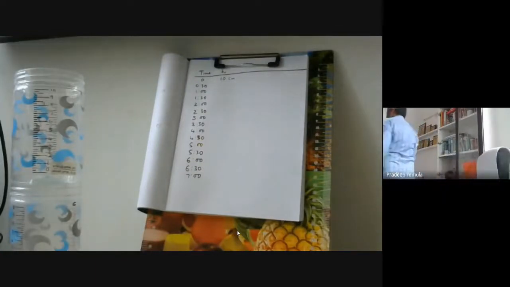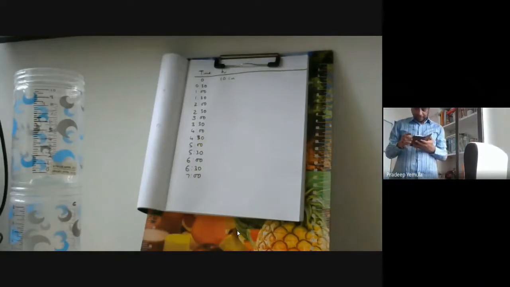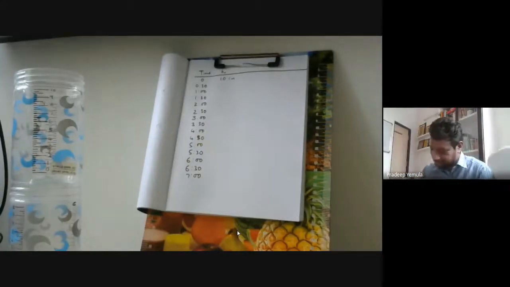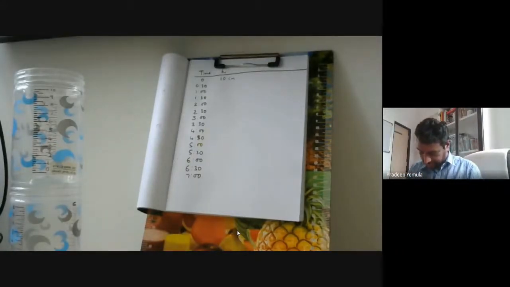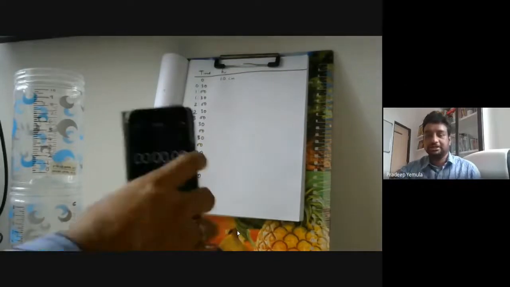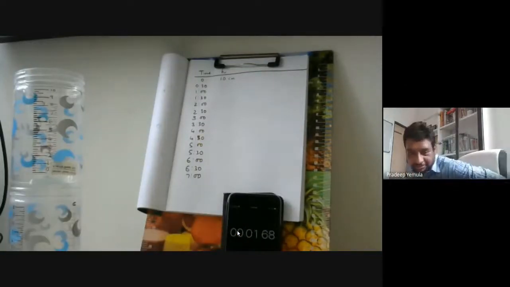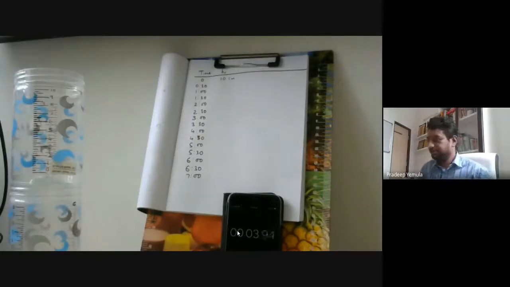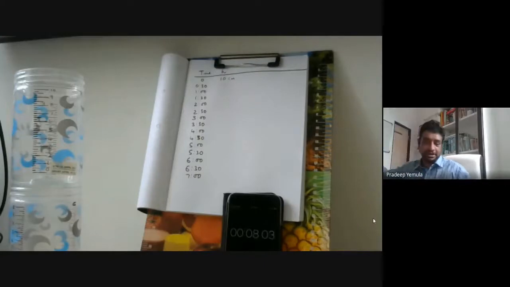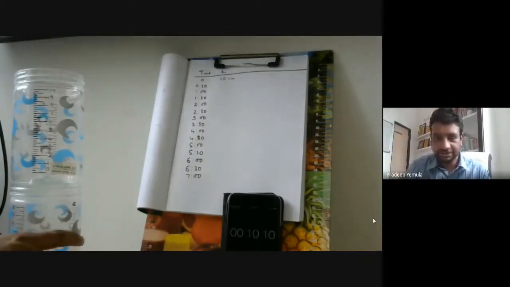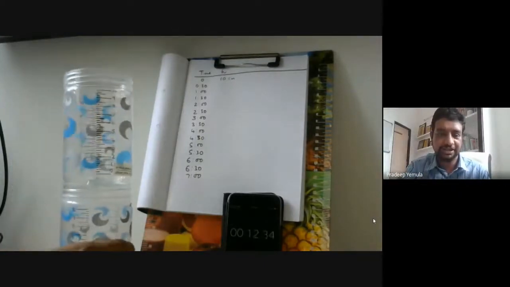So let me again use my phone, and I'll start the timer in my phone. Okay. So it is like this. I can keep the timer, and then I can start the time, and you will be able to see the time on your screen. Right? But anyway, I will reset the timer. So now the experiment is all set up.